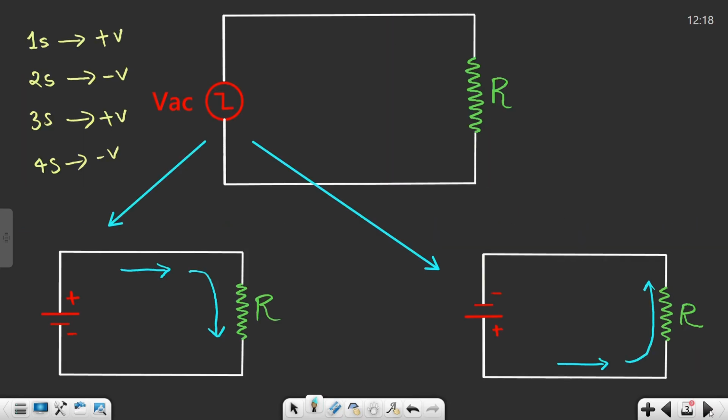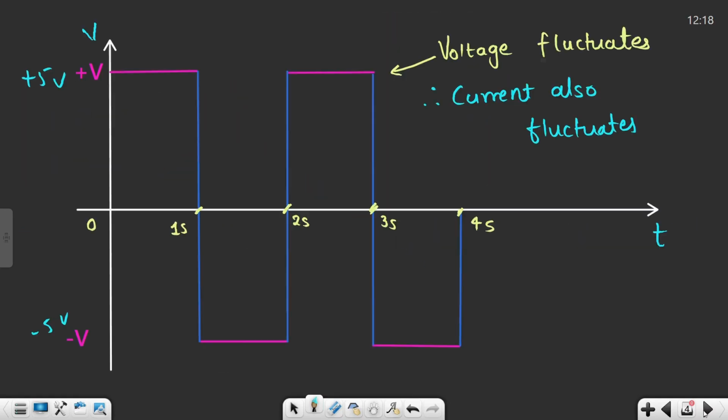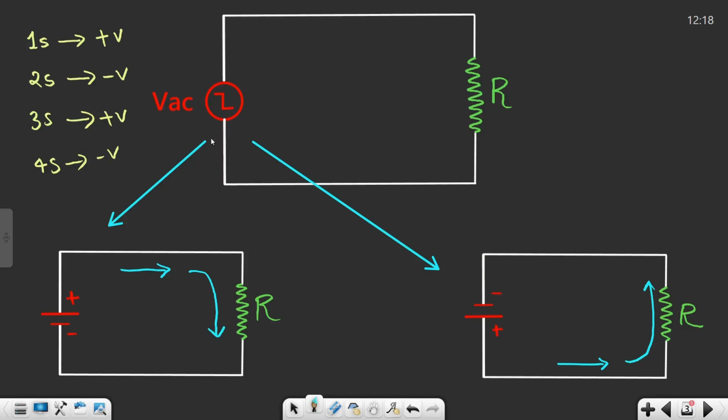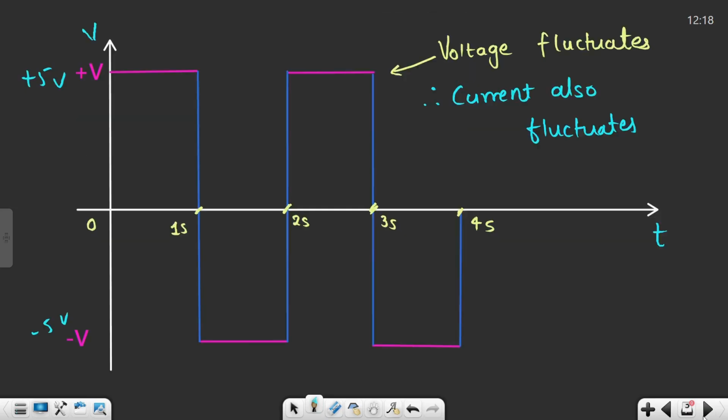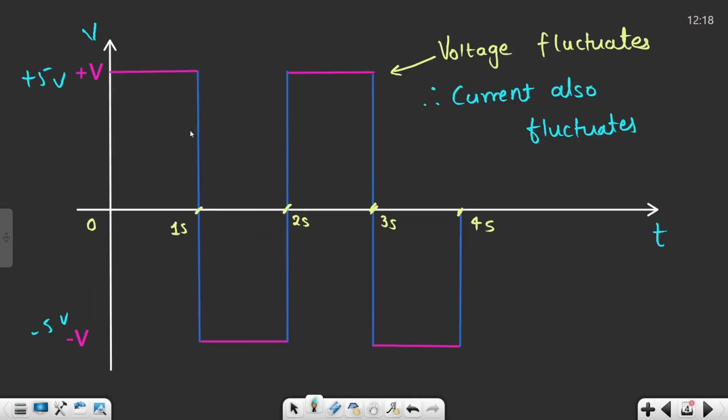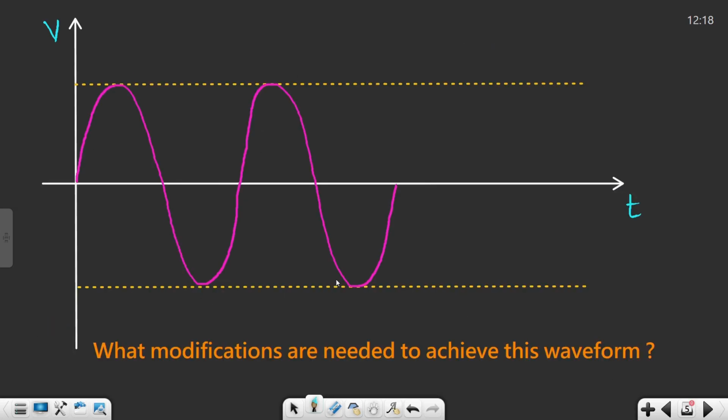Now there is one question in my mind. If I want this kind of signal, according to you, what changes do I need to make in this particular circuit? In this entire scenario, what changes do I need to make to get this kind of waveform? Over here we are getting a square-like signal. What I want is a sinusoidal signal. So according to you, what changes do you need to make in the circuit so you can expect this kind of